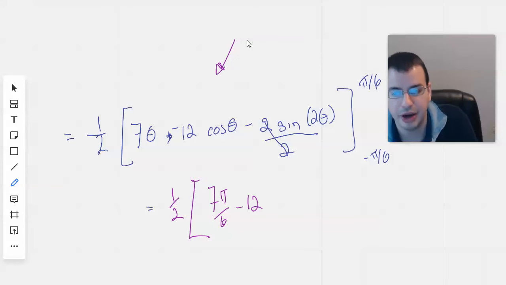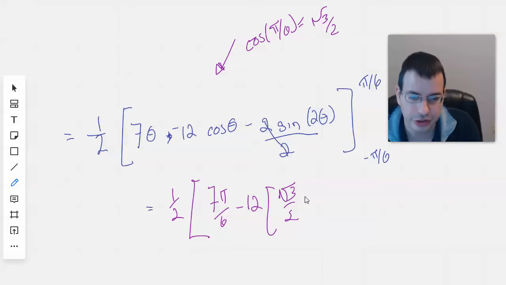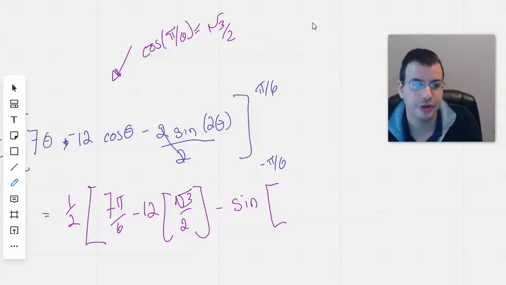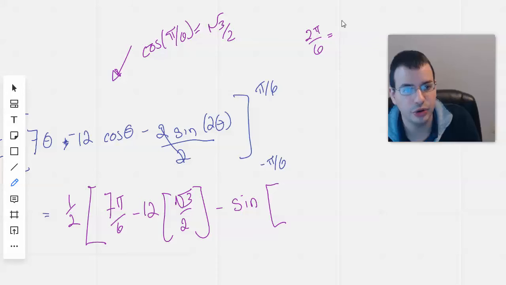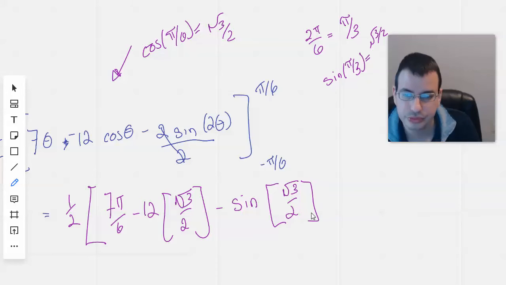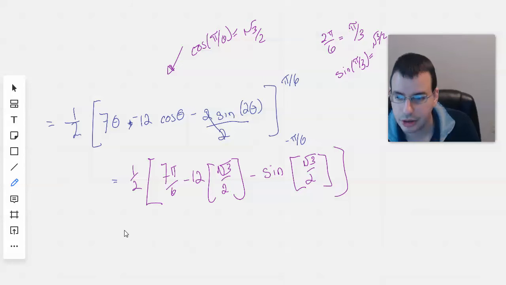Now, cosine of pi over 6 is square root of 3 over 2. So we have square root of 3 over 2 minus sine of 2 pi over 6. So 2 pi over 6 equals pi over 3, and sine of pi over 3 equals square root of 3 over 2. Minus 1/2, and we'll do the same thing with,